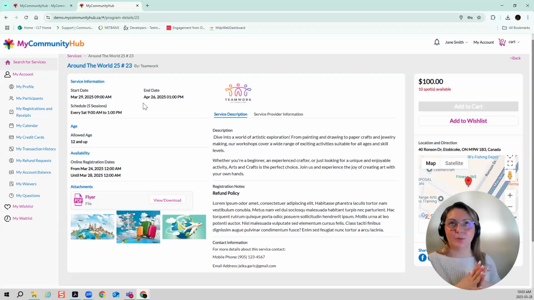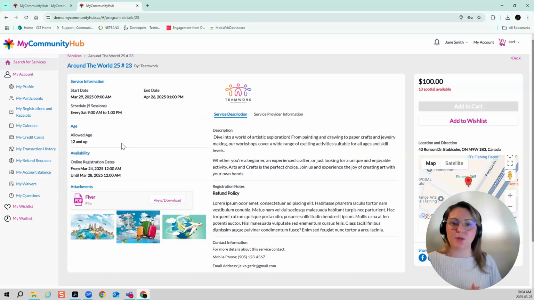As an admin, you can also customize that a little bit. You can, if you have a program that runs for a really long range of time, instead of listing every single day and time, you can customize a message to say when it's happening. You do also have the ability to take out dates. So for example, Mondays are usually statutory holidays. If it ever happens that, that range when your program is happening happens to have a holiday, we can take that specific date out and it will indicate that the program is not happening on that date.